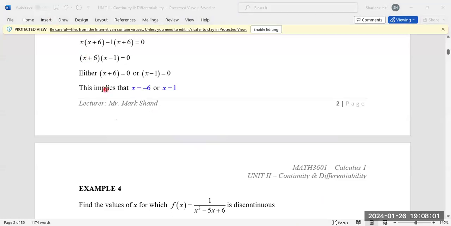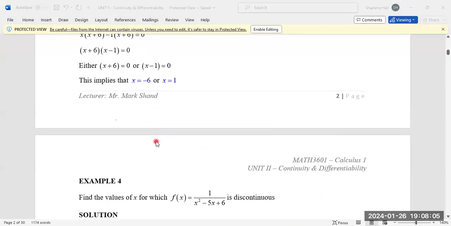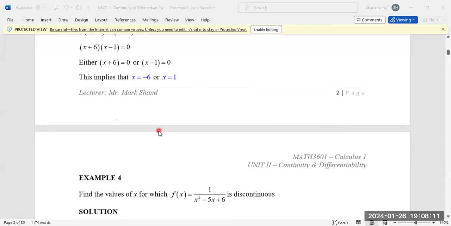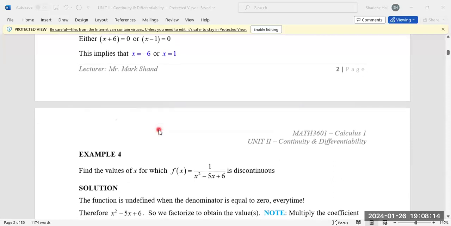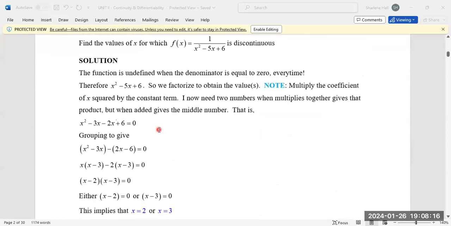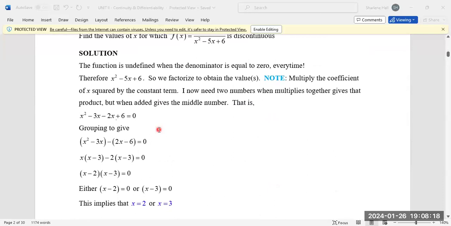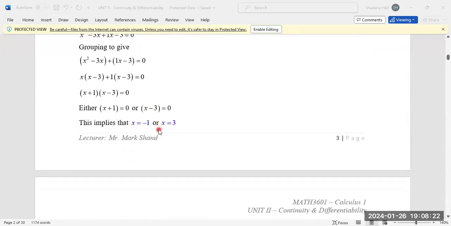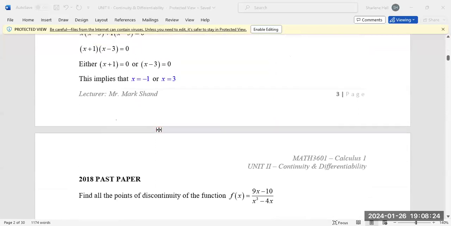Say the answer again, please, Shamari. 2 or 3. Do you agree, Simon? Yes, sir. Okay. Excellent work. I won't give you that one to do, but I will move on to this one,